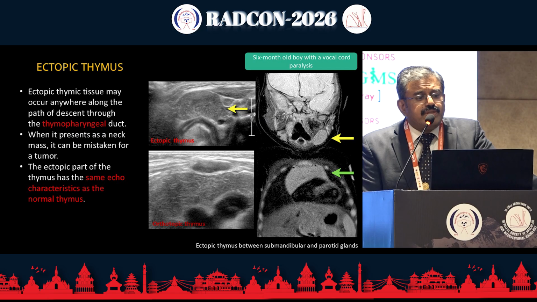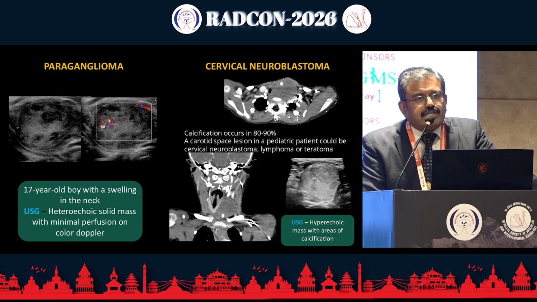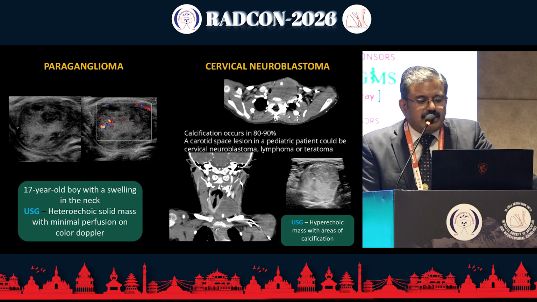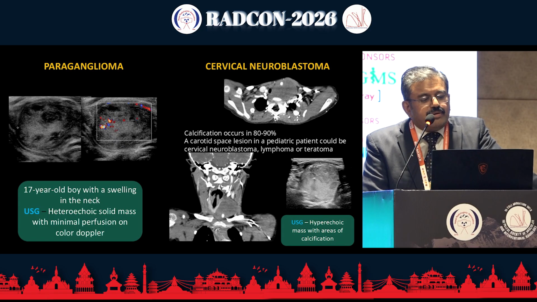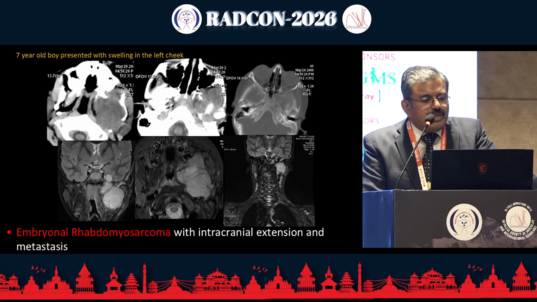Coming to other solid masses in pediatric patients, if you see any calcification within the solid mass, then you have to consider neuroblastoma in the appropriate age group. Paraganglioma is another solid tumor that you get in pediatric patients. Here you can see a fat-containing lesion, with T1 hyperintense areas, and this turned out to be a lipoblastoma. One last case in the upper neck: a common lesion is rhabdomyosarcoma. Here there is a masticator space lesion that is extending along the foramen ovale to the intracranial compartment, and it